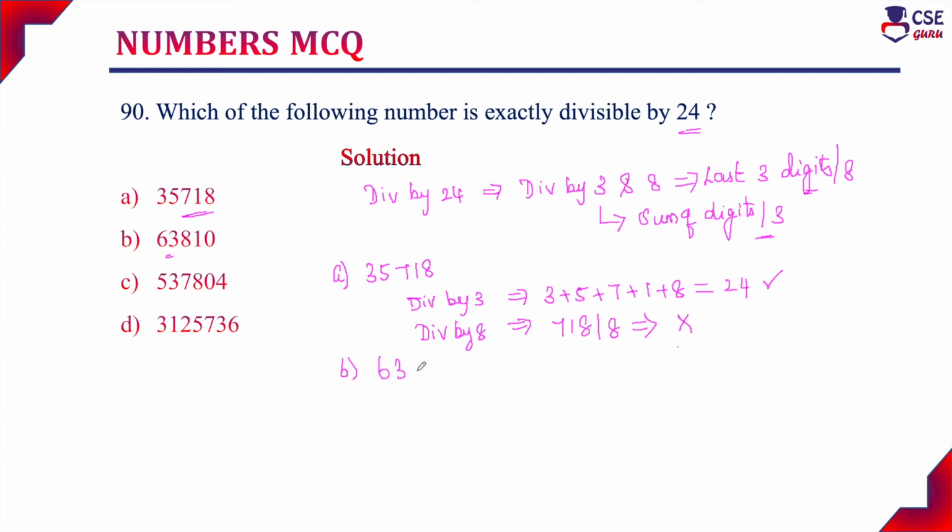63810. So the divisibility rule for 3 is the sum of the digits should be divisible by 3. So its sum is 18. Yes, it is divisible by 3. And the divisibility rule by 8 is the last 3 digits, that is 810, should be divisible by 8. No, it's not divisible by 8. Next, option C,